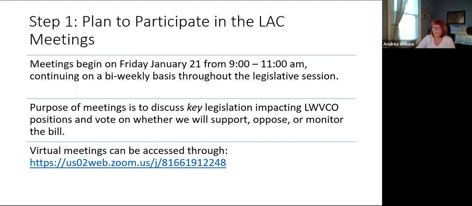The purpose of the meeting overall is to discuss key legislation that's impacting our organizational positions and vote on whether we'll support, oppose, or in some cases, after that deliberation, we may just decide that we monitor a bill. Our goal for this session was to try and